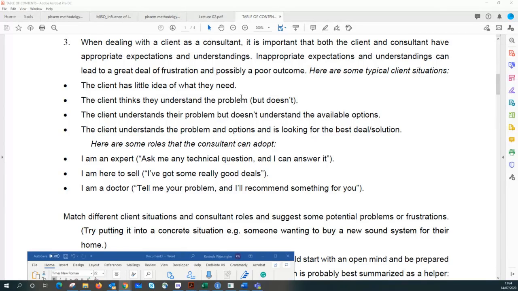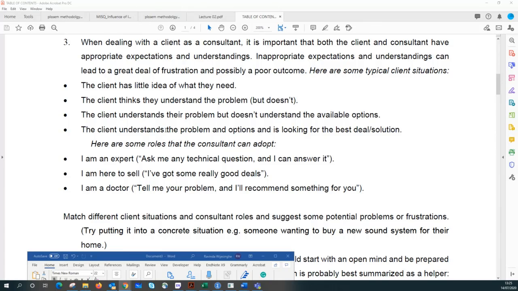It's like I'm going to a doctor. I am saying, okay, I have a fever, and I think my fever is because of this. Or otherwise, I go to the doctor and say, okay, I don't have any idea, I don't know why I'm getting the fever. So in this sort of situation, what is the best? I think the best is the last one, isn't it? The doctor's role, right? Doctor's role, because